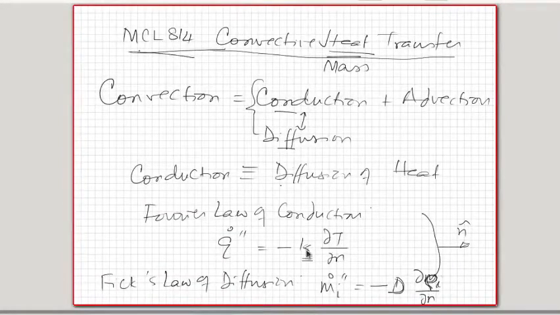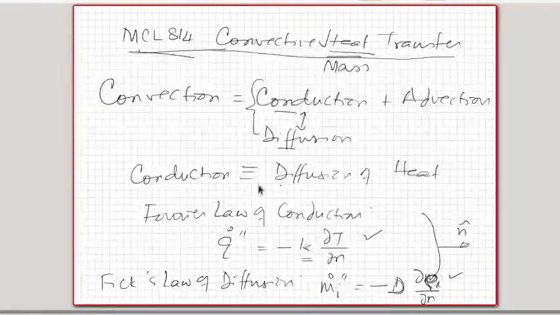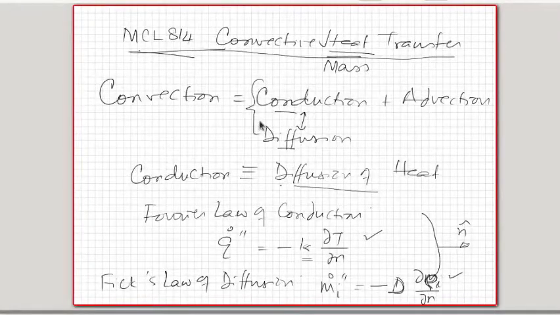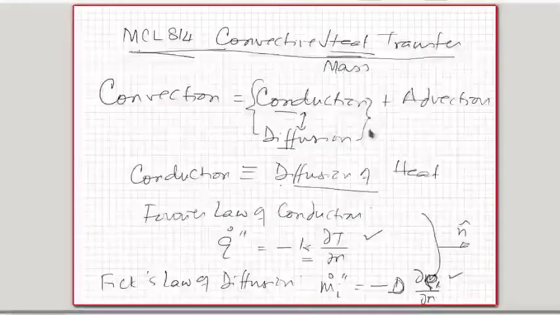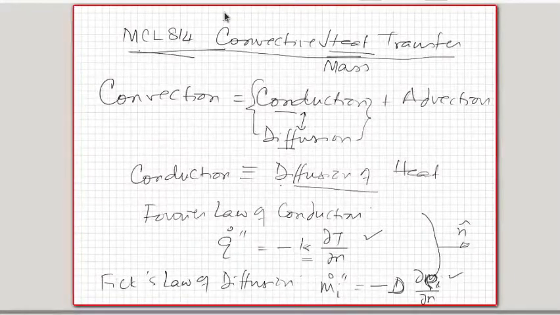So both of these have analogous looking relationships, and they also behave in the same fashion, and therefore these two are called diffusion. So this is called diffusion of heat, and this is called diffusion of mass. So you have conduction, also called diffusion of heat, and therefore convection is a combination of advection and diffusion. Okay, so this is the way we normally look at it. So when we look at advection and diffusion, the governing equations